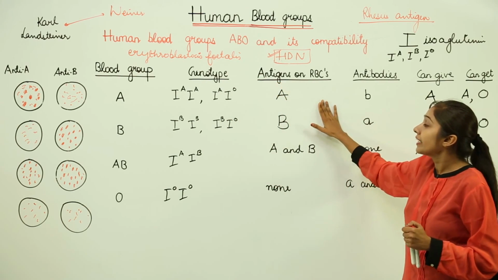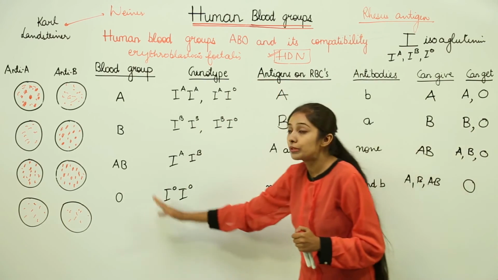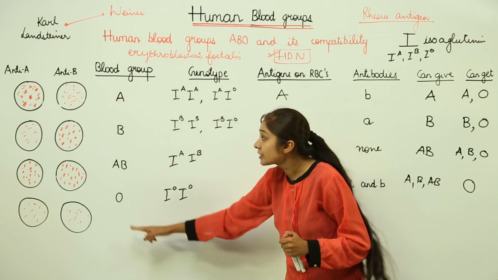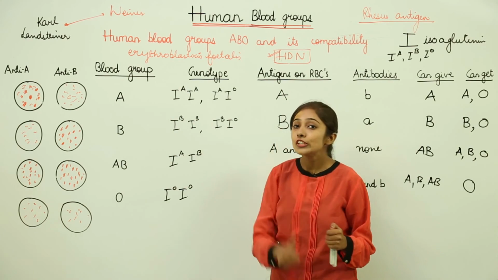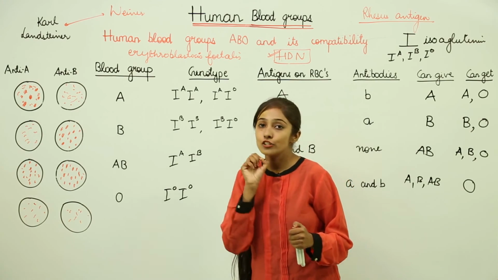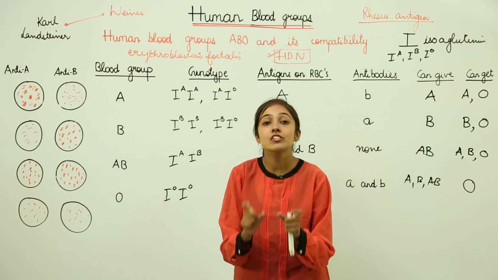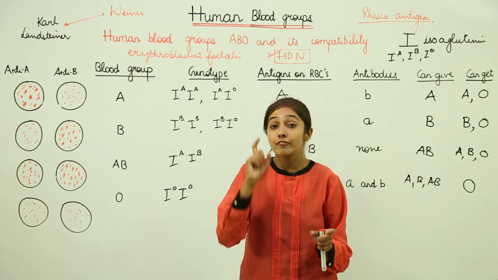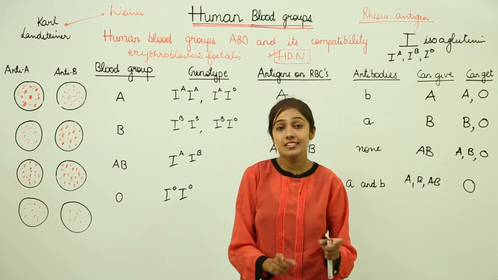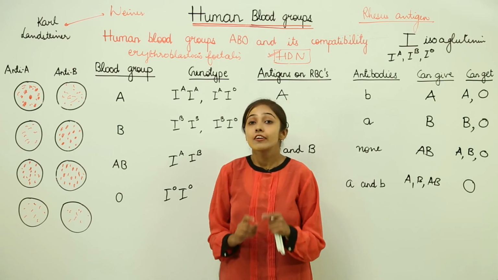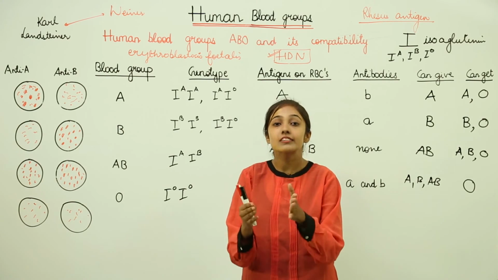So remember that these are the 4 human blood groups, and with these 4 human blood groups, you also need to remember the Rh factor. That is the rhesus factor, which is the rhesus antigen, present in some persons. If there is rhesus antigen, the person is Rh positive. If there is no rhesus antigen, the person is Rh